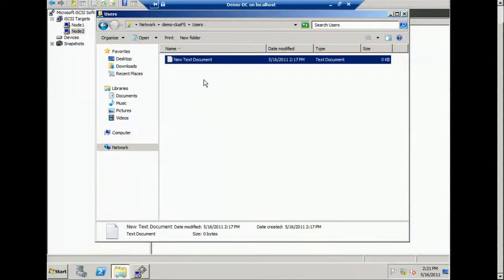In the example of, let's say we're just simulating a loss of connectivity between two nodes in a cluster, whether it's right next to each other or at a different site, either each node thinks the other node went down, and doesn't know what's going on. In reality, is that node up or down, or what is it doing? We don't know, because we've lost connectivity. So we use the witness disk, in the case of this cluster, as a means of arbitration. The assumption is, even though they can't talk to each other over the network, they probably can still talk to the storage. And because clustering is a shared nothing model,